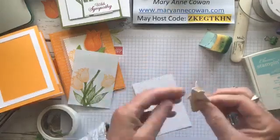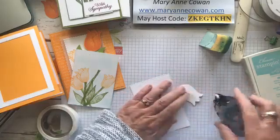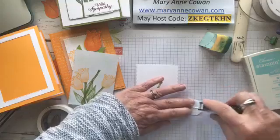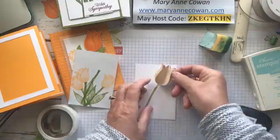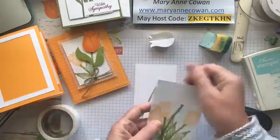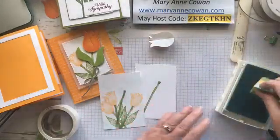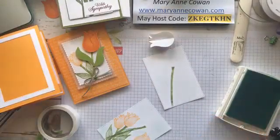All right, so now we have like a 3D flower, and now I'm going to put snail on the back. I don't want to pop this up because it's already 3D. Okay, so that's going to go here. Before I do that, one thing I found about this one was it was a bit too much white space. So what I did is I took my pool party and I showed you a trick to do this the other day. Where did I put my little scrap